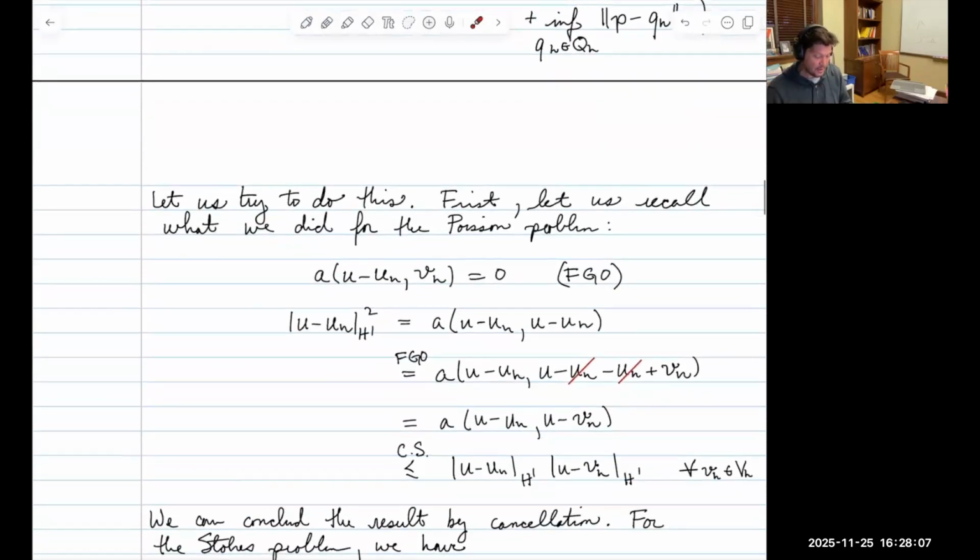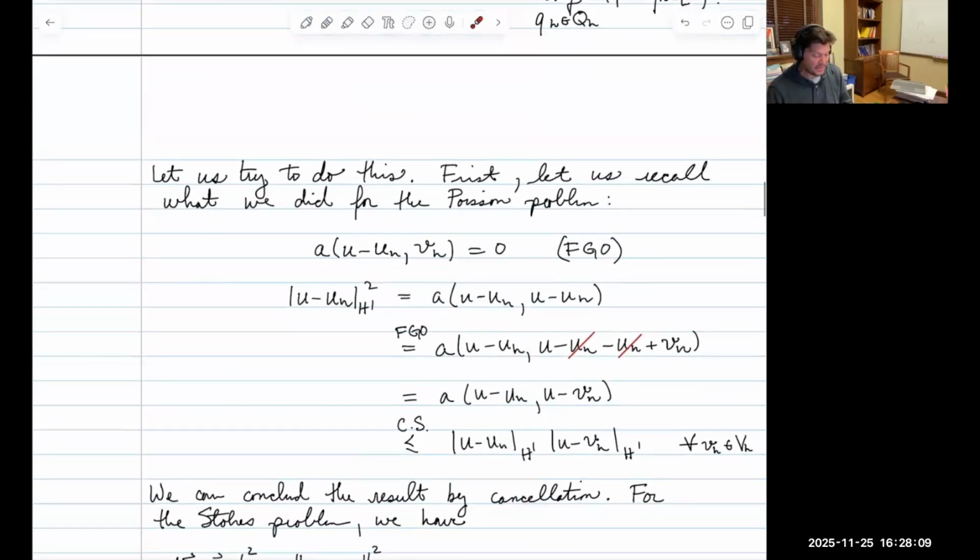How did this work? In the Poisson problem setting, our fundamental Galerkin orthogonality condition came very quickly for us. We just had two equations. In the infinite dimensional case, we replaced the test functions by the finite dimensional test functions, and then we subtracted, and we got the fundamental Galerkin orthogonality. And we used that to produce a Cea-type lemma